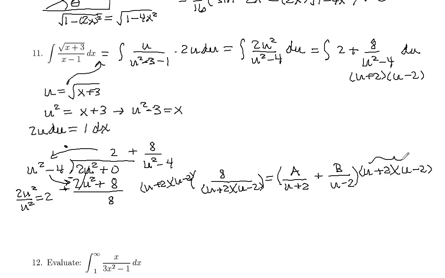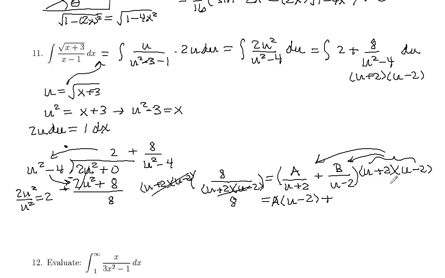So this whole thing is going to get multiplied in times each piece. On the left-hand side, u plus 2, u minus 2, they just cancel. We get 8. On the right-hand side, u plus 2, u minus 2 comes in times this first term. The u plus 2's cancel, so the a is left, and then the u minus 2 is left. So a times u minus 2